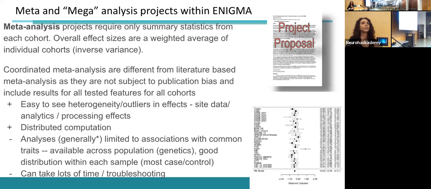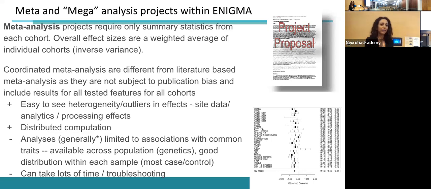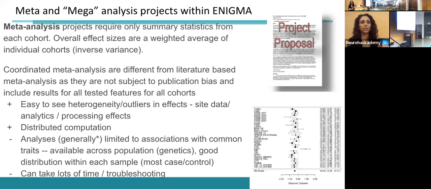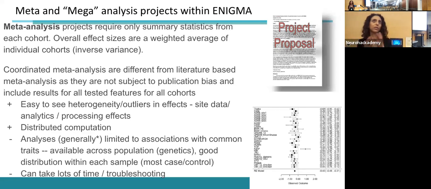A lot of ENIGMA groups are working towards that. In this particular case, the pre-processing was different, but the post-processing of the FA values themselves from diffusion was the same. Anyone was allowed, because we're trying to minimize the work on the researchers' end. If they had already extracted FA maps from their diffusion data, they could use those and just run a minimal set of protocols to get the exact regions we were interested in.